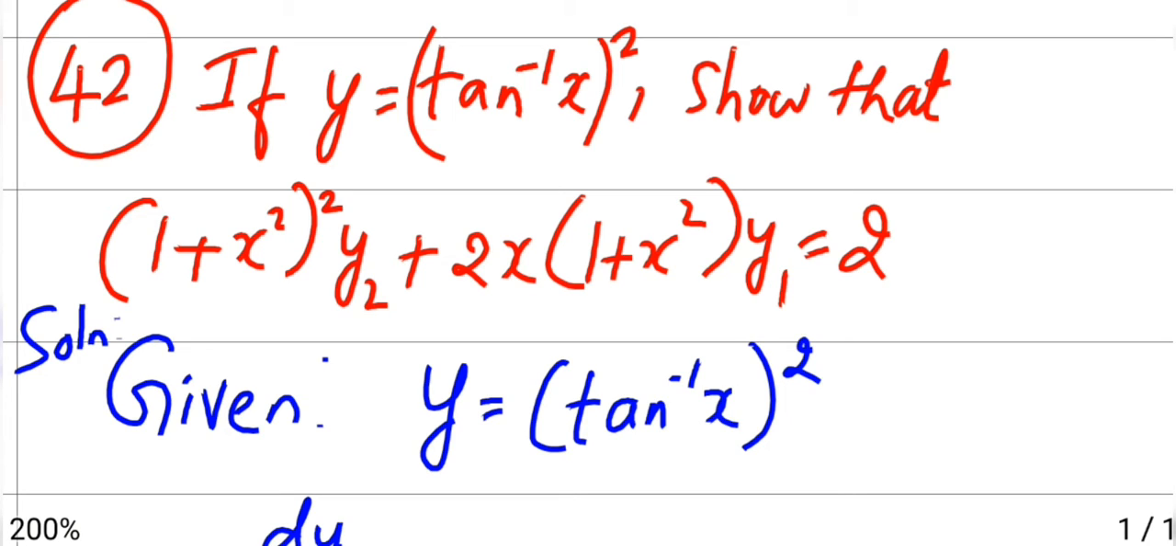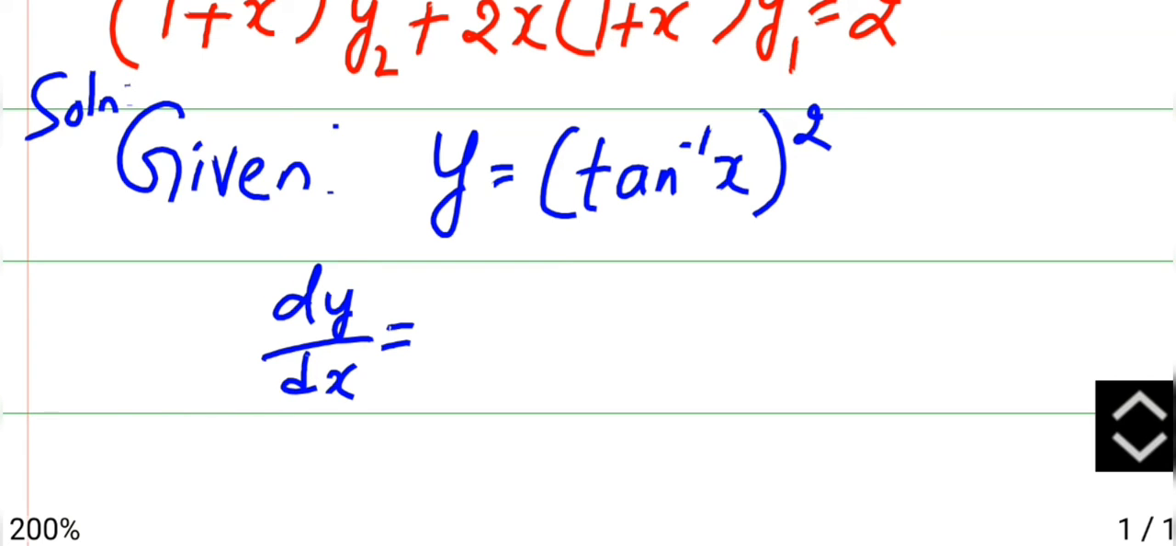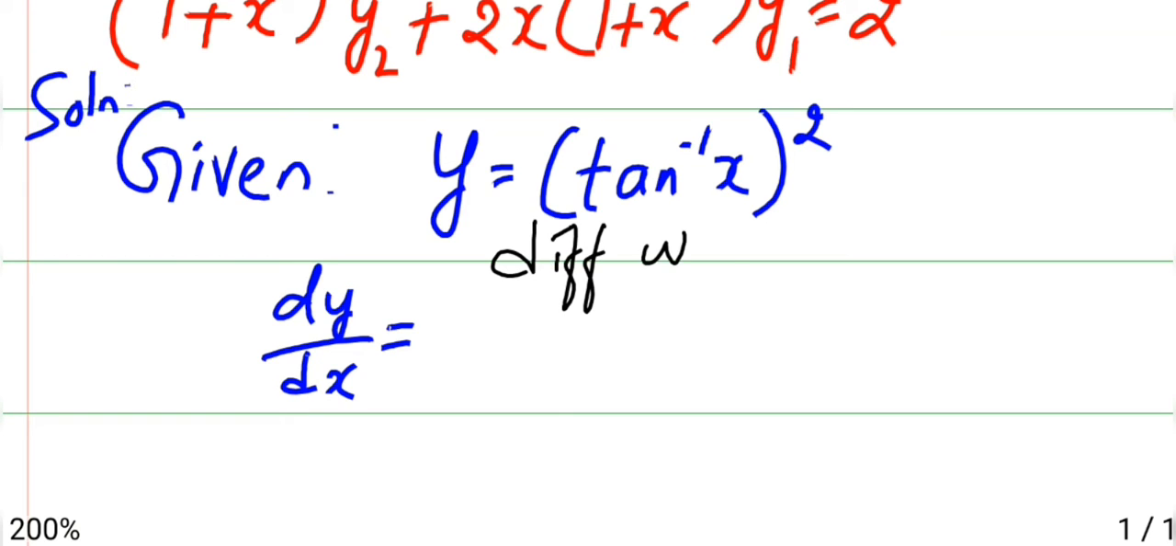If y is equal to tan inverse of x whole square, show that 1 plus x square whole square y2 plus 2x into 1 plus x square y1 is equal to 2. So whatever they have given, you just take that as y is equal to tan inverse of x square. So now we shall consider that to be y. Now what we have to do is differentiate with respect to x. Differentiating with respect to x, we get dy by dx is,